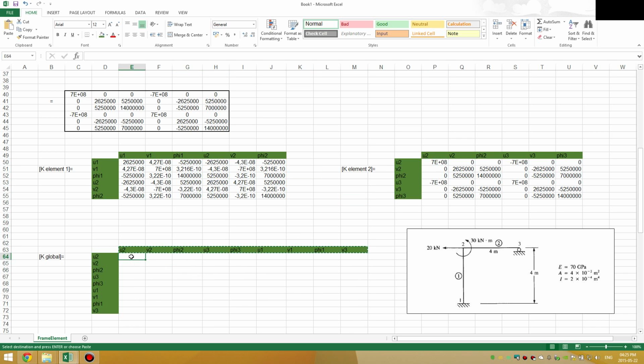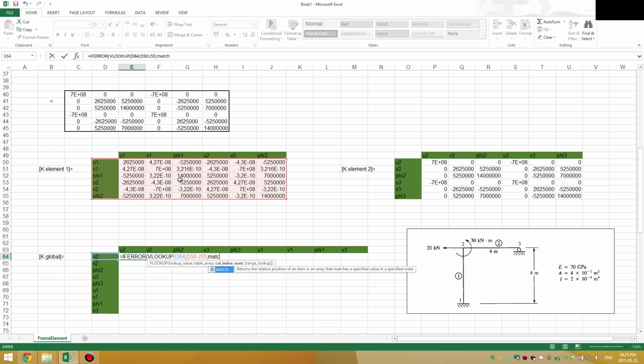Now how you do this, you type equals IFERROR, and then the value is VLOOKUP, and you must look up that value in that array. Select that. You can select the top part as well, but it wouldn't make a difference. And then for the column index, you'll type MATCH, and lookup value will be the column index, and then lookup array will just be that top row of the element matrix, and the match type should be exact, so just type a 0 there. Then the VLOOKUP should also be an exact match,